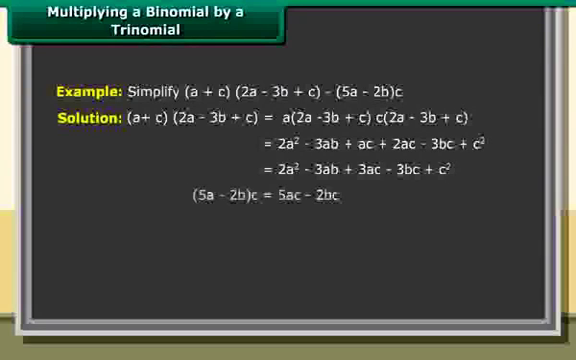(5a minus 2b) into c is equal to 5ac minus 2bc. Therefore, a plus c